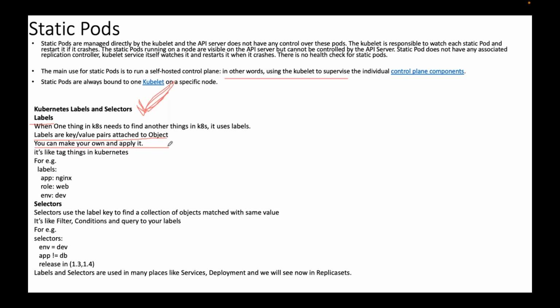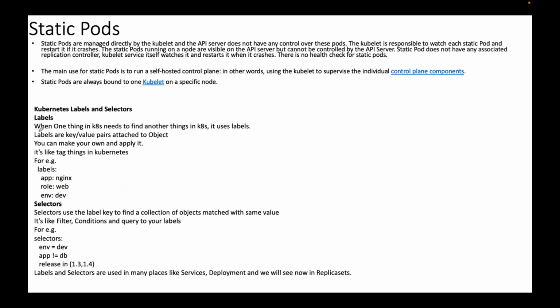Can I use whatever keys, whatever values I want to use? You can make your own and apply, right? It's like a tagging. It is like tagging things in our Kubernetes, like labels, key value, key value, key value, right?